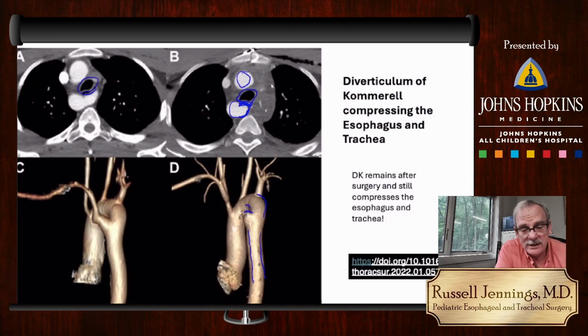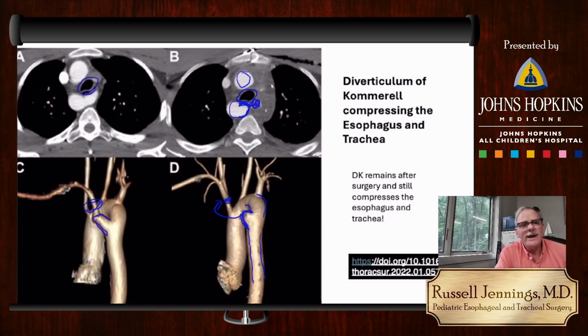This is the diverticulum of Kommerell right here, which looks not that different than this diverticulum of Kommerell right there. They did take this vessel off right here, and they moved it up to the carotid artery right here. So they did the correct reconstruction, but they left behind the diverticulum of Kommerell, continued airway compression, and continued impression